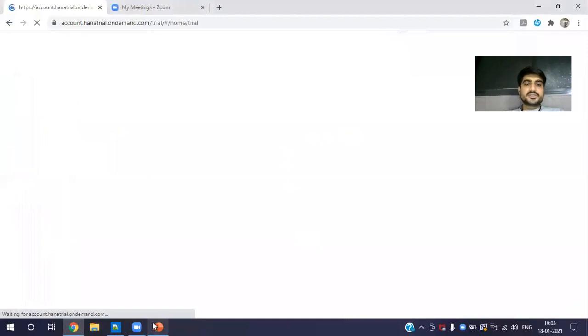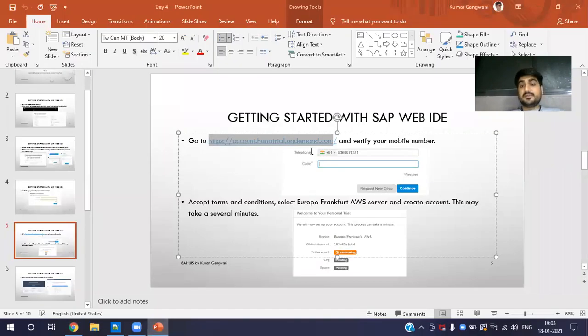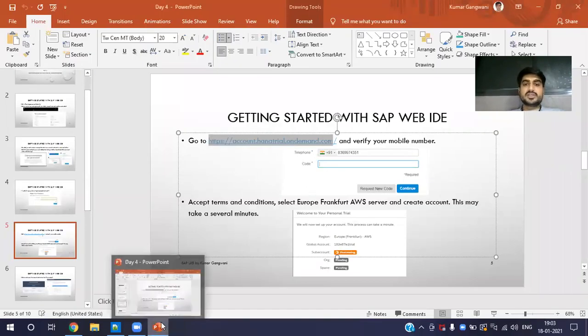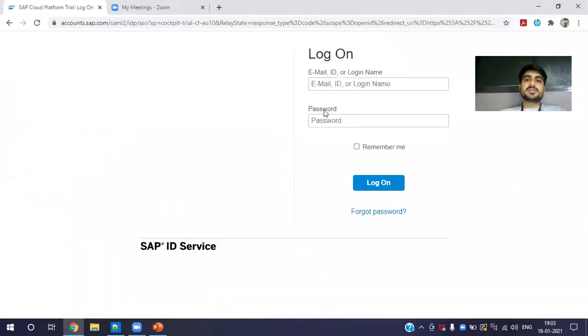Now when you go over here, the first time you have logged in, it will tell you to verify your mobile number. If it's already verified, you need not worry.